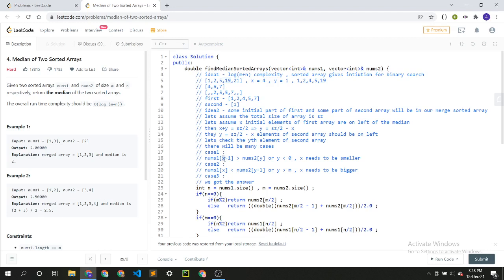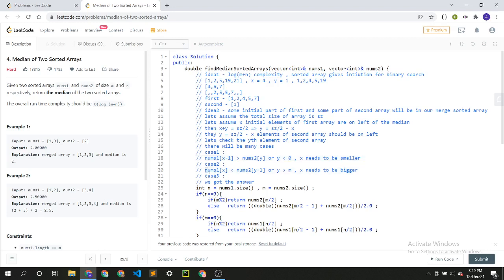Okay, so now we should decrease our x. How can we decrease? We can decrease our x. So if we take somewhere x like this and we take y like this, then nums1 x minus 1 is 2 and nums2 y is 7, then this is satisfied, which means that on the left part we have 2, on the right part we have 7, then this is okay, it can be sorted. So we should make our x smaller if nums1 x minus 1 is greater than nums2 y. Okay, or if y is less than 0, I will explain it later.